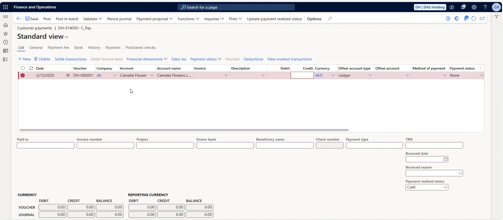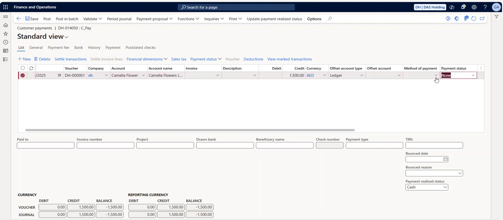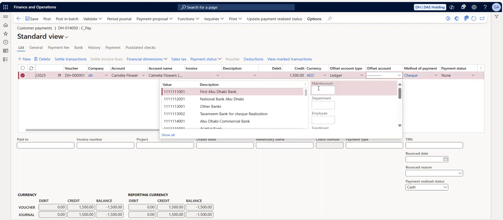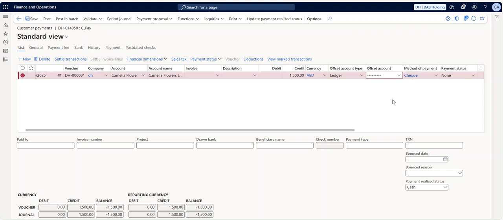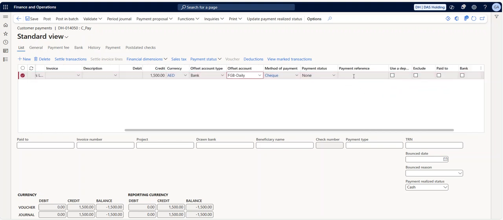So customer will always be in the credit. So I have given 1500. So here I am selecting the method of payment as wire or check, any one. Okay, so let me select the bank account, bank FGB dialing. And here I am giving the payment reference number as